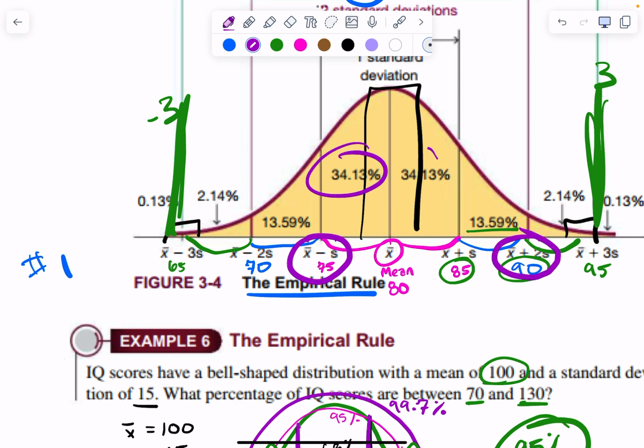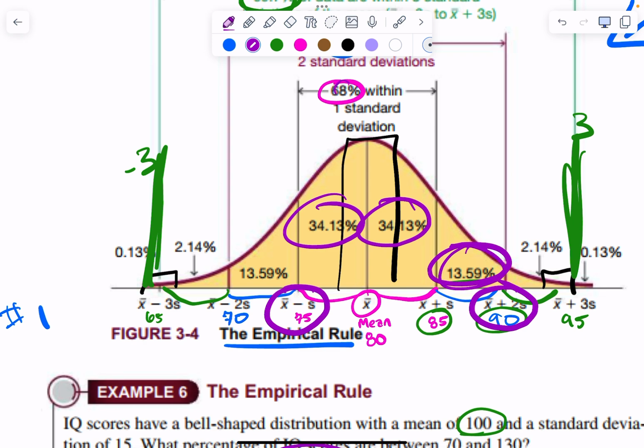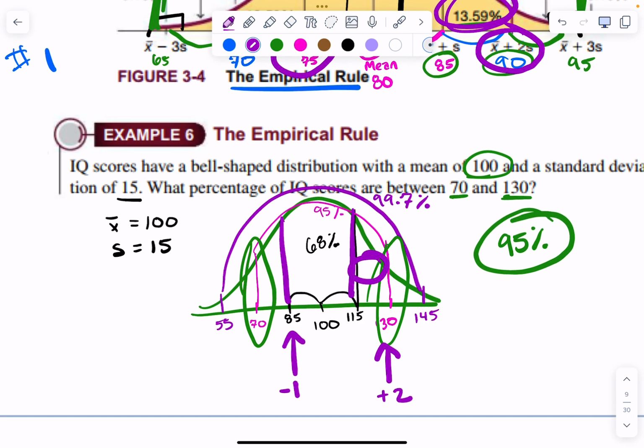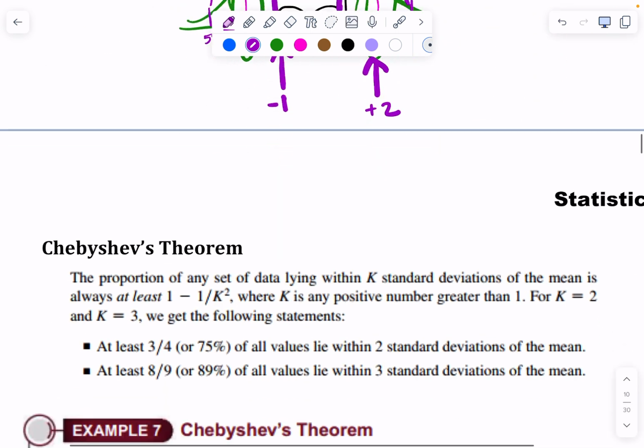So I'm adding these 3 chunks together, right? Or basically 68 plus this chunk. Does that make sense? Do we see how that works? So that is the empirical rule. Got it? Okay, now, a different dead guy